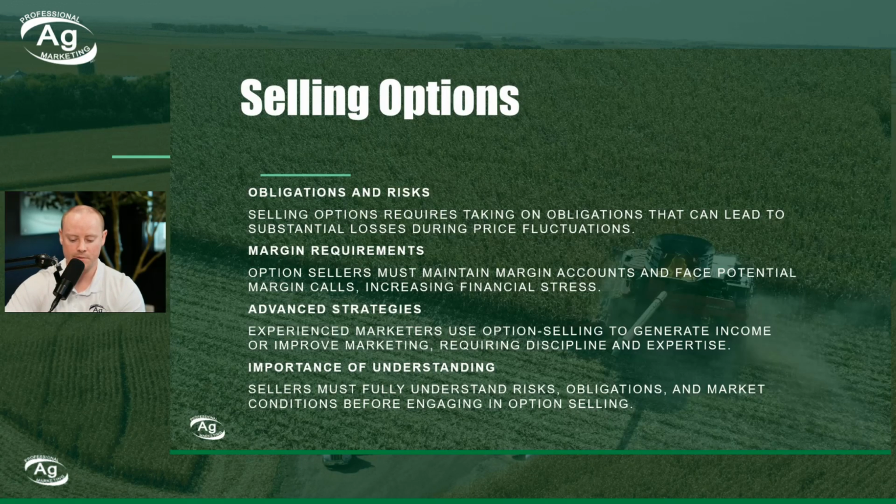Experienced marketers use option selling to generate income or improve marketing, requiring very disciplined and known expertise. This can be very risky, but a lot of the time, if you look at a market, you could tell yourself, today we're at $4. What's the likelihood of $6 actually occurring on corn next year, let's say? It's not very likely. $2 rally on corn, not very likely. If I look out there, someone's willing to buy that option at an X amount of price. And you could just weigh out the risk, and you could say, oh, I could sell that, and I could just put that 5 or 10 cents, et cetera, in my pocket and say that's probably not going to happen. So you really have to weigh the risk to reward here when selling options.